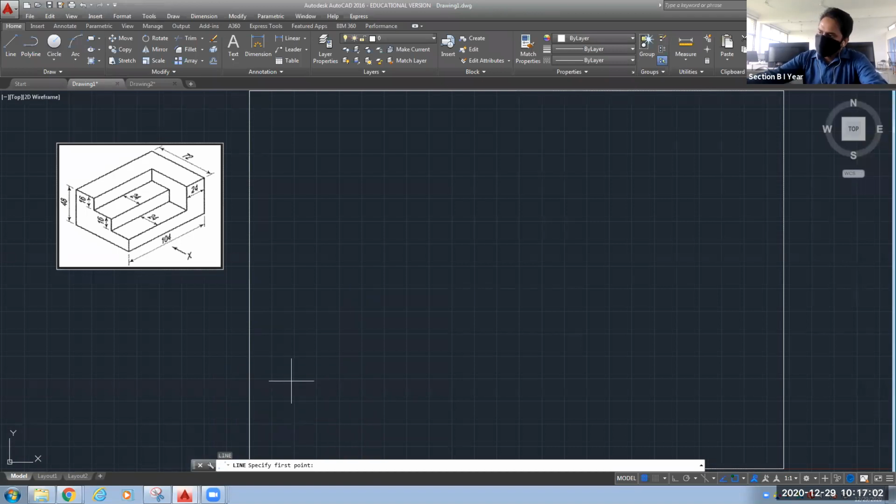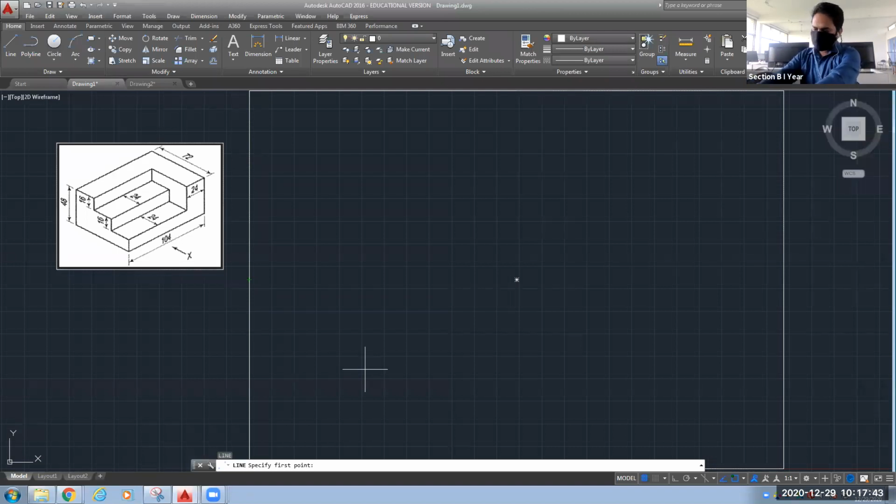Now, I want to draw the line from the midpoint of this side. So how will I detect the midpoint? I will bring my cursor on this line and you will see some green color, two triangles visible. Now I will go upward, and wherever the midpoint is, it will be a single triangle. You can see it is highlighted that this is the midpoint. One more thing, this is one way, or we can say the dynamic method.